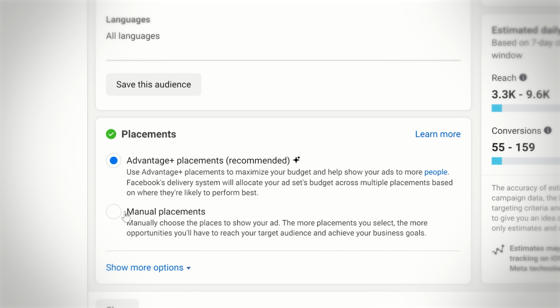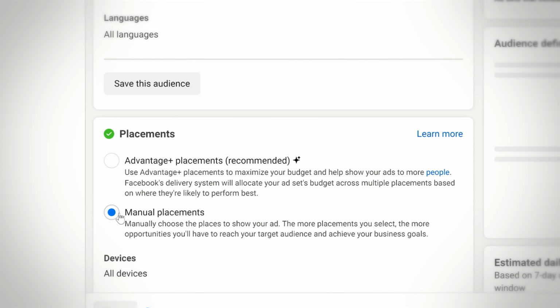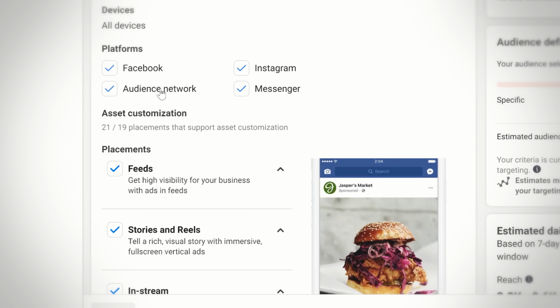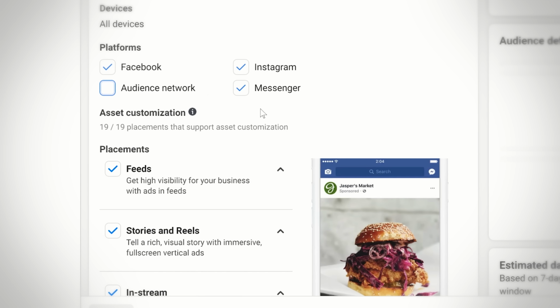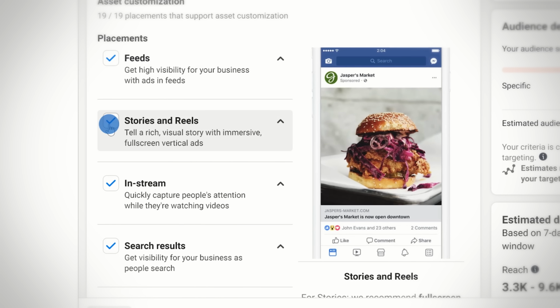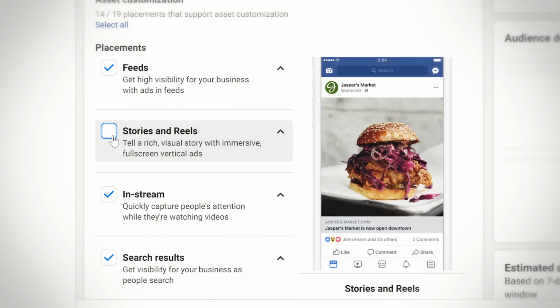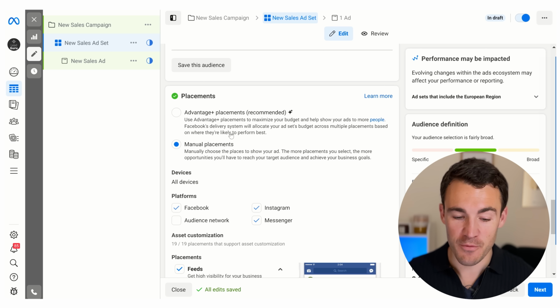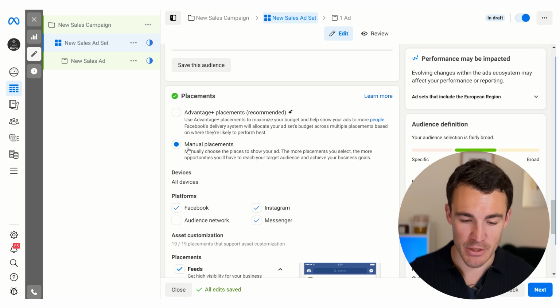They're adding friction to prevent advertisers from selecting manual placements and then going and selecting things like, I don't want to advertise on the audience network, or I want to advertise on feeds, not stories and reels, and stuff like that. And just in case that wasn't convincing enough, once you do edit the placements, select manual placements, you'll see